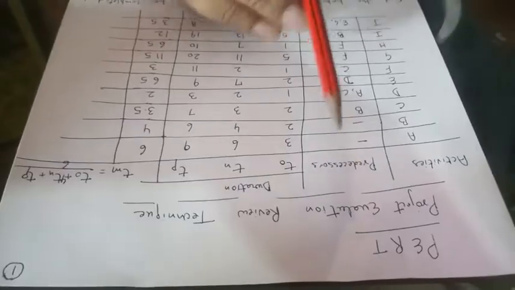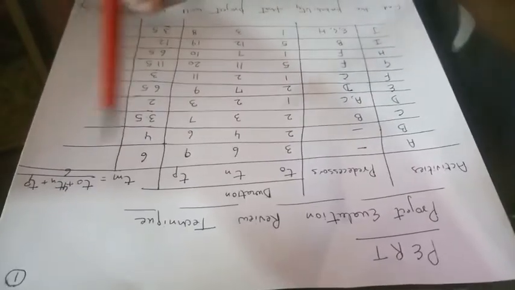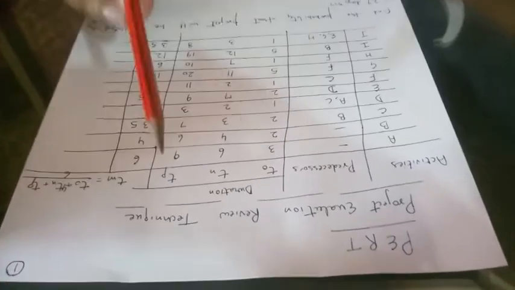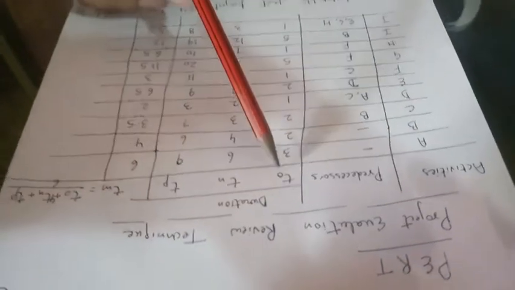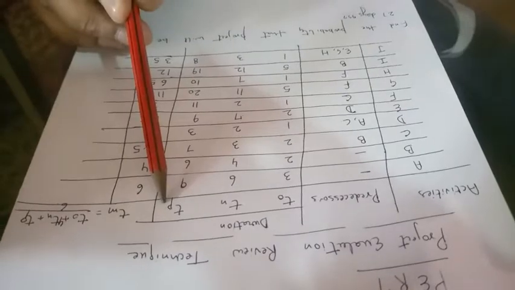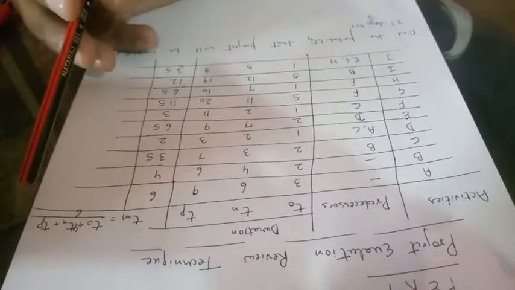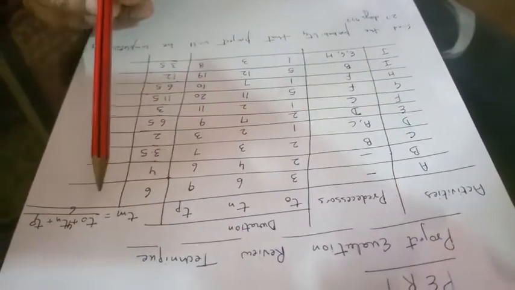We will start with the PERT, Project Evaluation Review Technique. We have taken this example: these are the activities, these are the predecessors, and these are the three durations: optimistic time, normal time, pessimistic time. As it is Project Evaluation Review Technique, there will be three estimates of their duration.